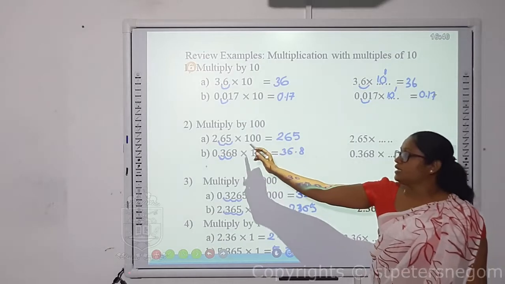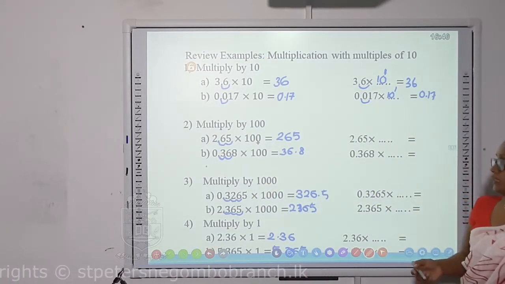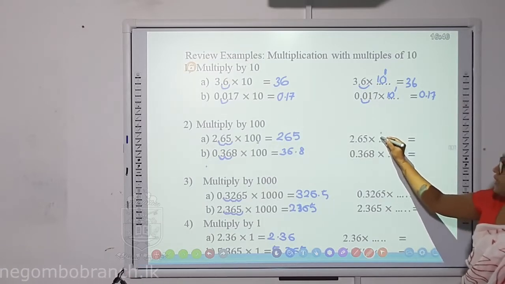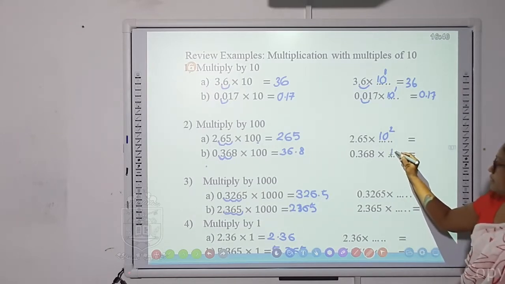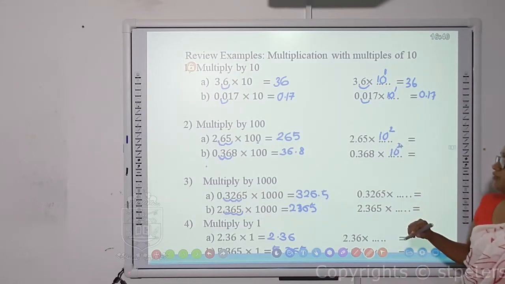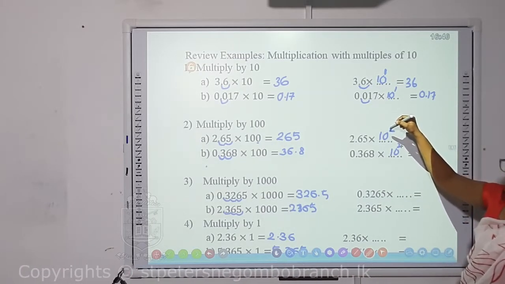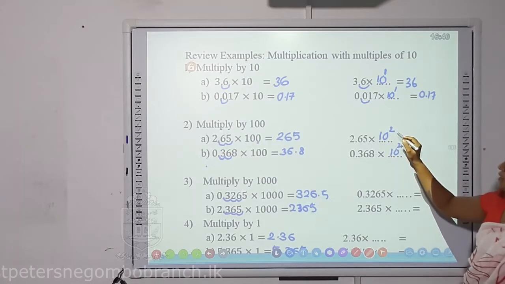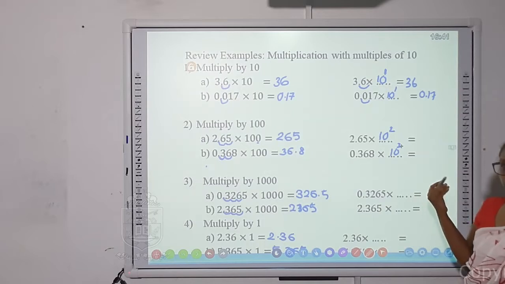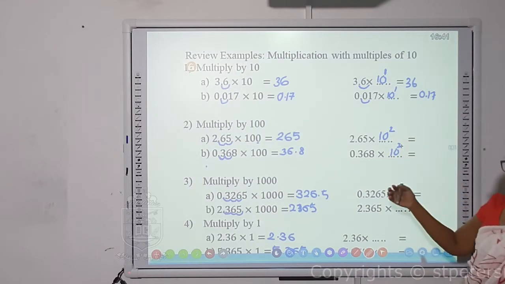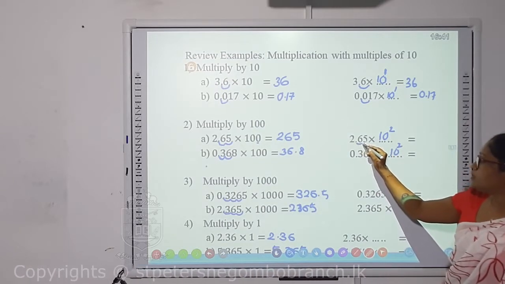So we will move to the second question. Here you can see 100, right? So 100 can be written as per the theory of indices. You saw that we can write it as 10 to the power 2, right? So here also we can write 10 to the power 2. If we follow the theory which I explained, you can see the sign in front of 2 is plus, right? If you can't see any sign, there is a plus mark, right? So plus says what? Shift the decimal place to right side, and number 2 says by how many places, right?